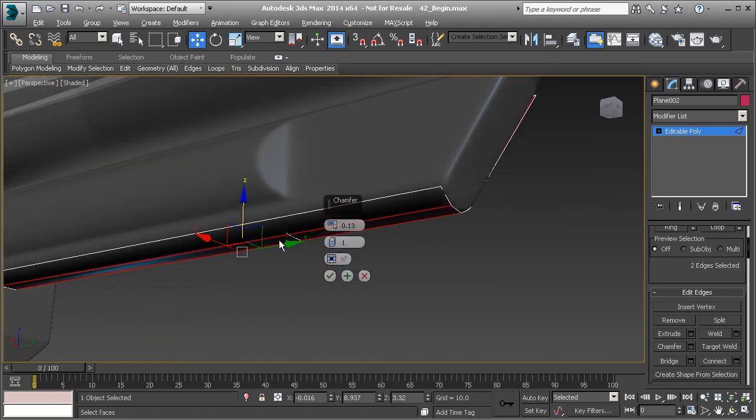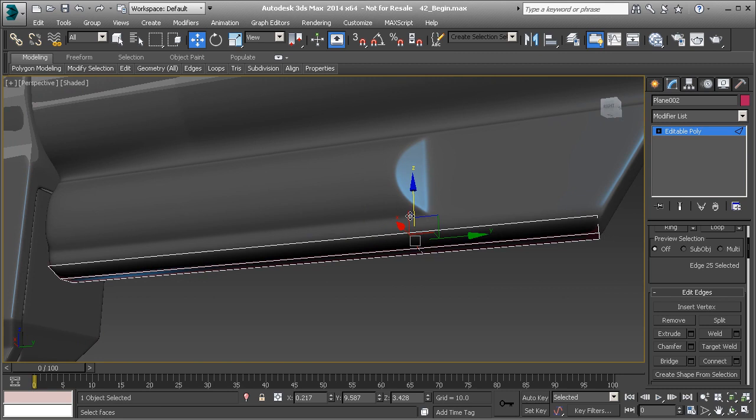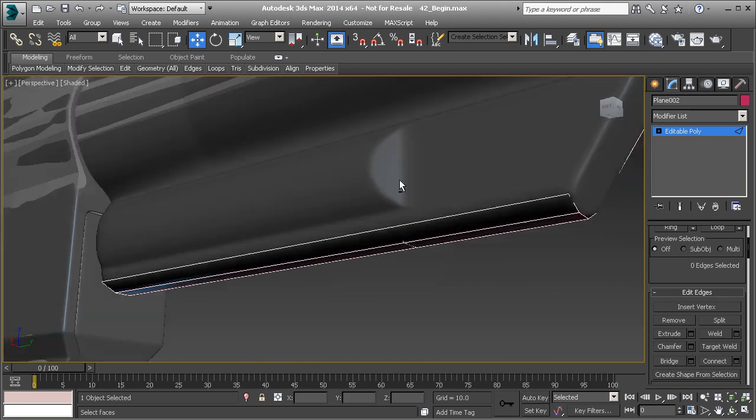All right, that looks good. Let's take this edge, or hit OK first. Let's take this edge here. I'm going to hold down Shift. Let's pull that straight up. Okay. Now,